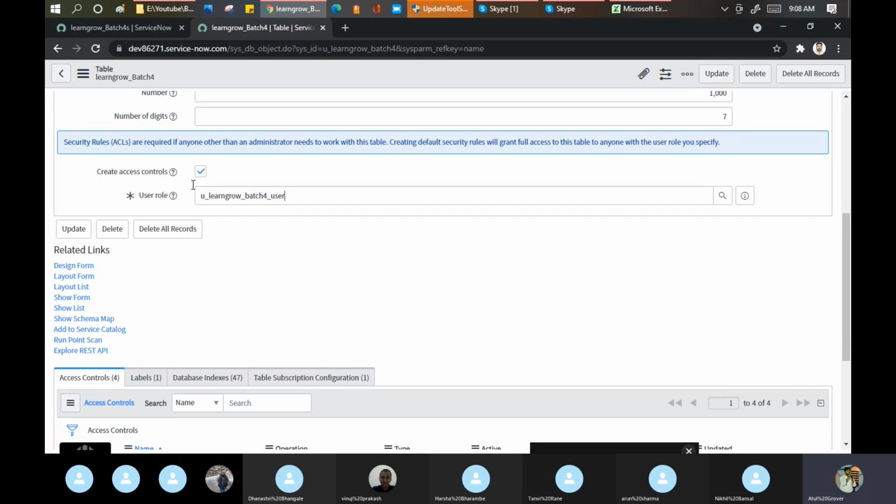who has this role. Has anyone seen this role earlier, till yesterday? Yes or no? No. Then, is this role a customized one? Sorry, go ahead. Is it the same as the ACL? Yes, it is a part of the ACL, but not in a deep dive as of now. Okay, thanks. This role has been created by ServiceNow automatically.